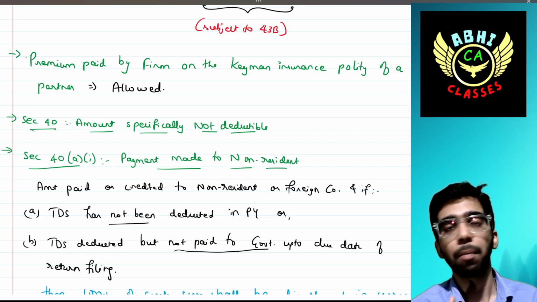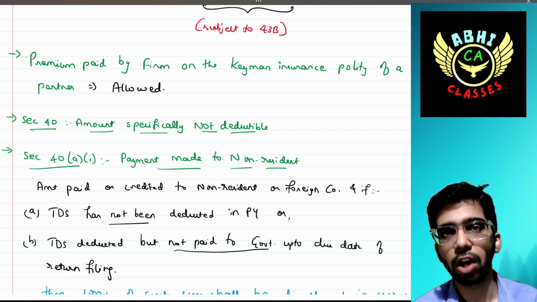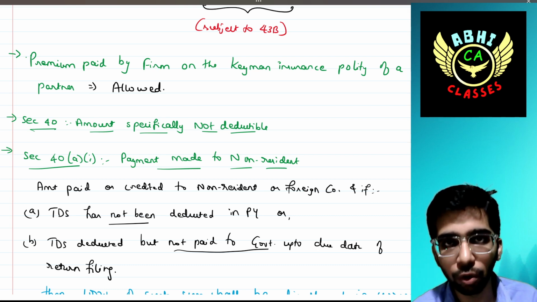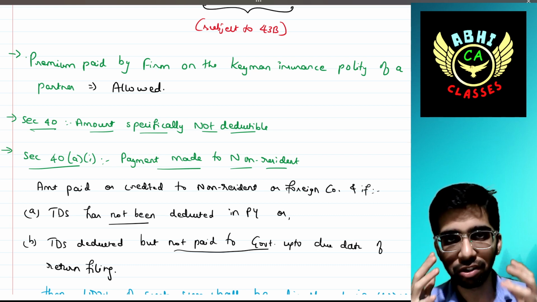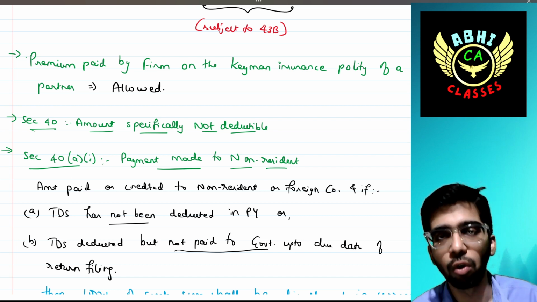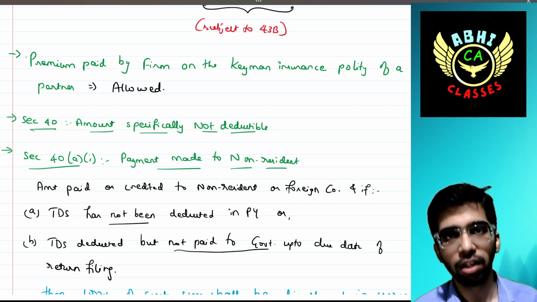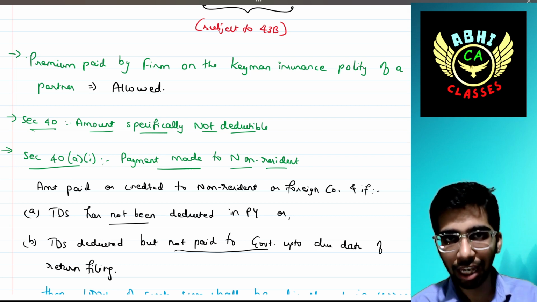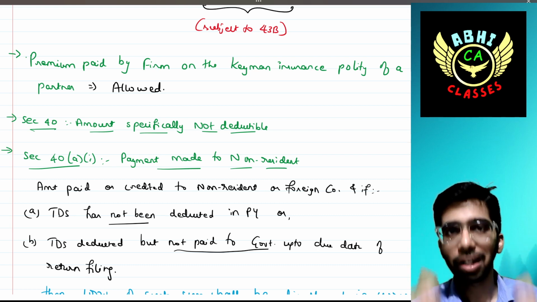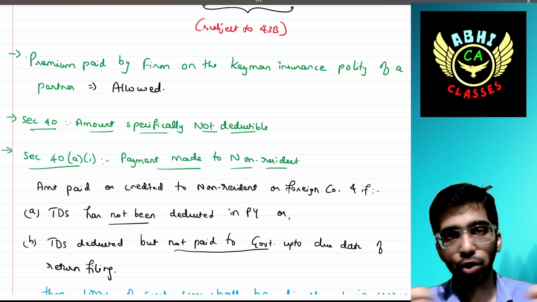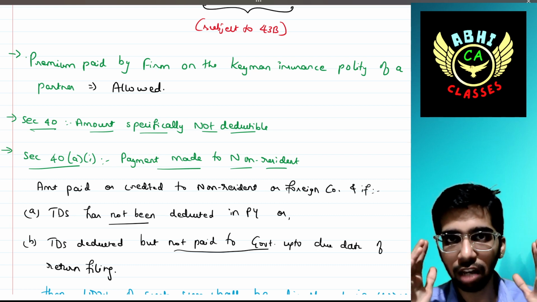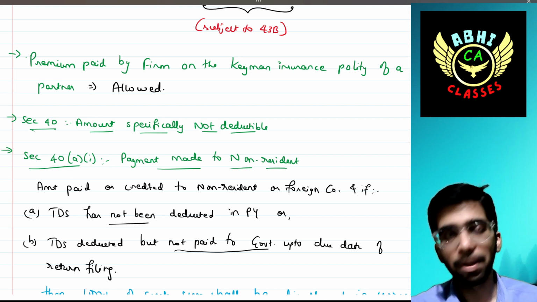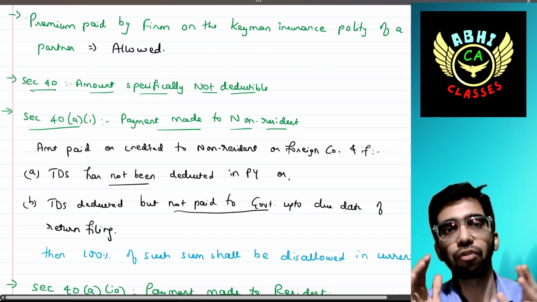Today we are going to complete this last part of PGBP, that is part 5, and I hope you have gone through till part 4 of this PGBP chapter. This forms a very important chapter for your examination purpose, so keep on trying, keep on revising as many times as you can. So without wasting further time, we'll discuss the remaining portion of this chapter, that is section 40,